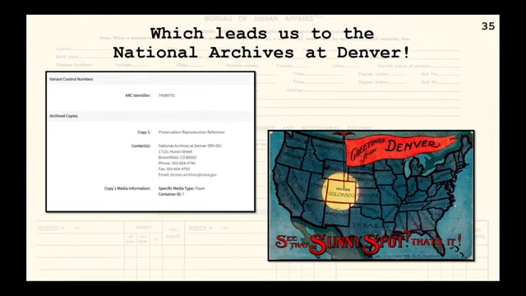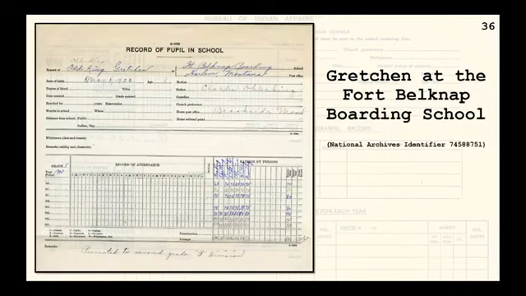Next slide, please. Slide number 36. And we get our student case file. The file is thin, but given it's from a reservation boarding school, it is somewhat rare and gives us some good info. Again, note we have a misspelled name. Old King, that was corrected to Olerking. Had that not been caught, our research would have been derailed a bit. This is also why when we get a student file request and come up empty, we often think outside the box and look for different iterations in case the name was misspelled in this regard.